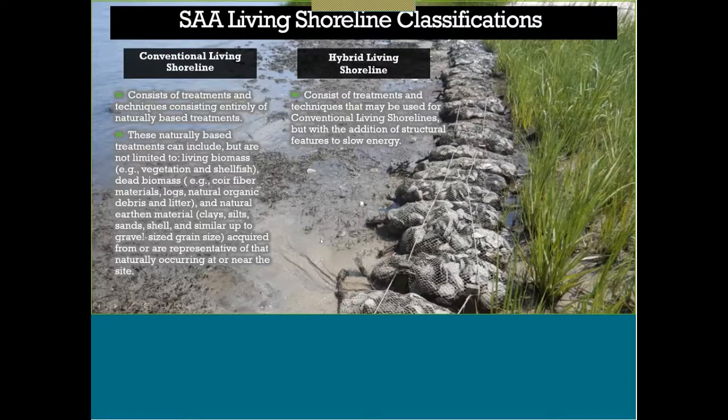So just moving on, within the SAA, we do have a few living shoreline classifications. We're actually currently in the process of updating this document. We update it every 5 years, and previously it had 3 categories, but we're still going through the process and are going to minimize it to 2 categories, acknowledging that there is a gradient between conventional living shoreline, where you're using just those naturally based treatments, thinking of coir logs, shell bags,